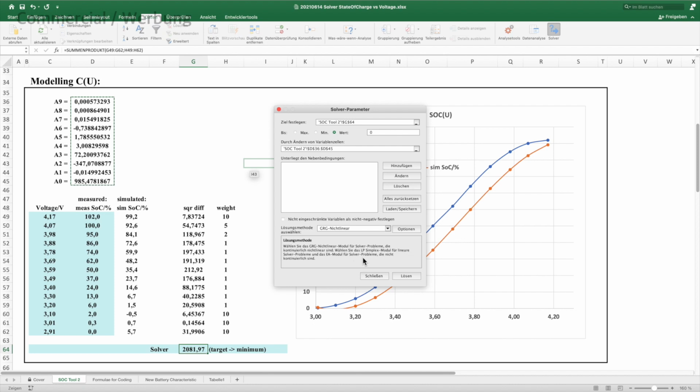And where is the magic now? In easy words, we ask the solver to vary our parameters until our cost function becomes 0. This would then correspond to an ideal fit of the function to the new values. Let's do that now and click Solve.